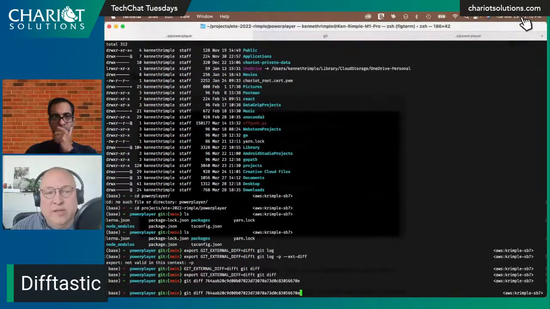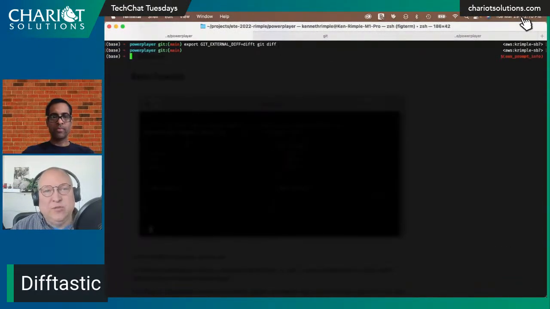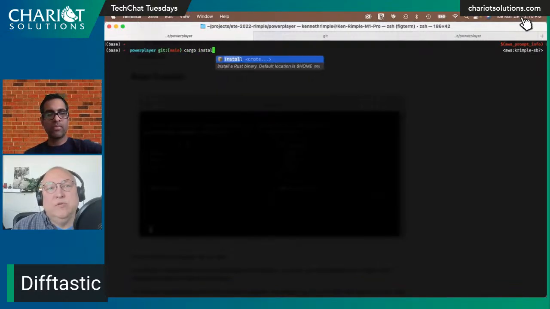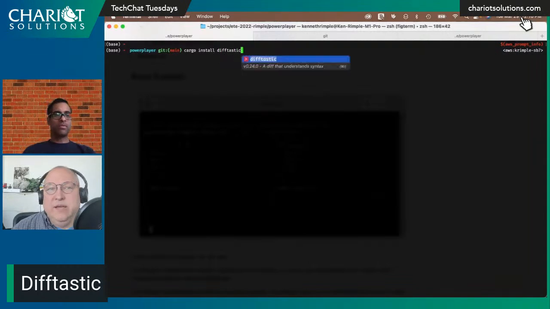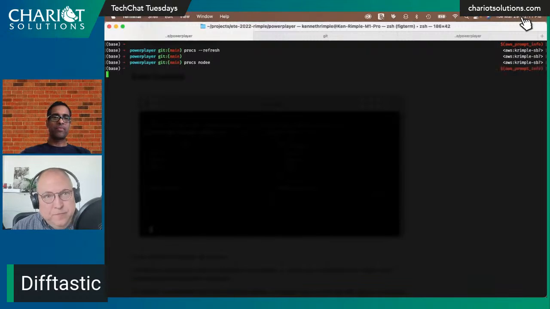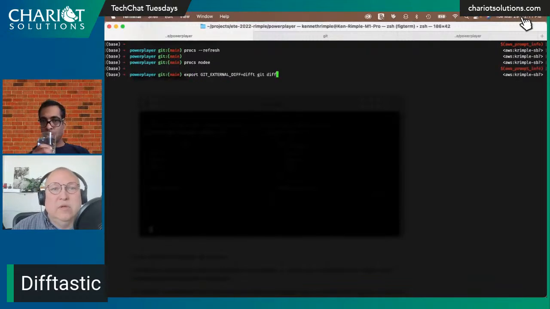There we go. All I did to set it up was follow the guide. Rust utilities have this thing called cargo. When I installed Difftastic and made sure that the cargo bin directory was in the path, then that utility shows up. Then I just followed the instructions on the website, which we'll post in our links. There was just an export of a git external diff, and that makes it so that diff uses it. The tool is called difft to replace diff.